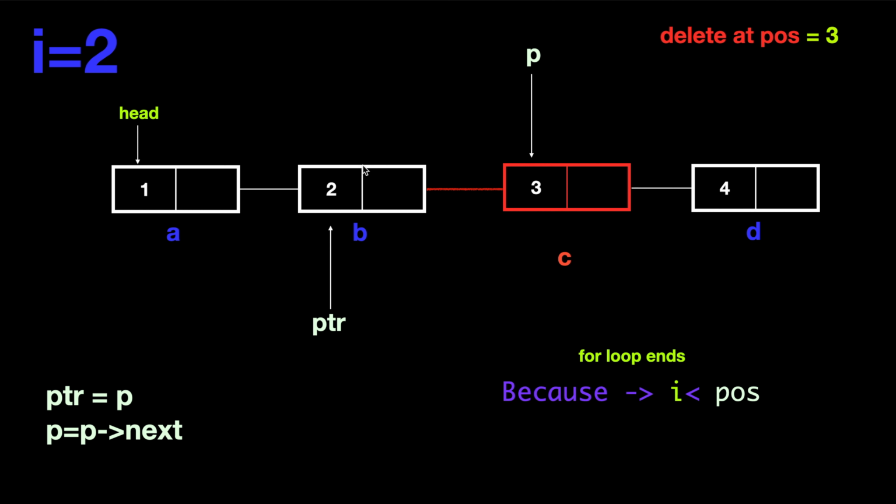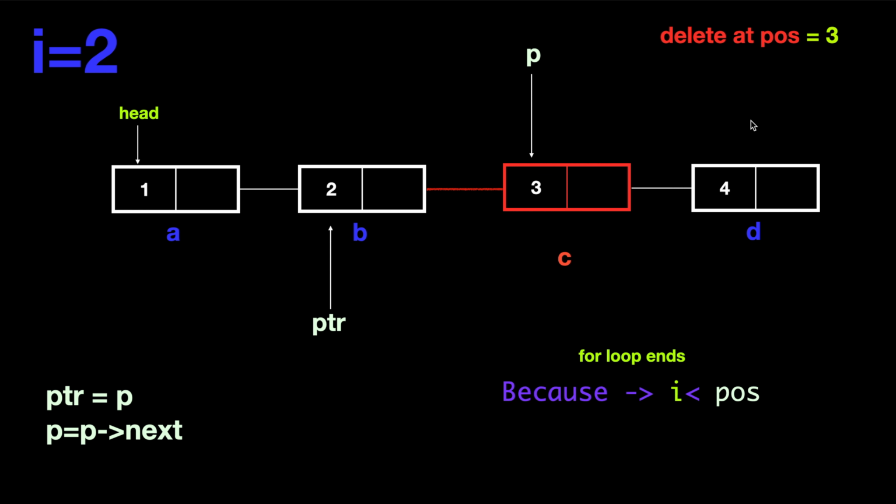So we want the next of ptr to be equal to d, and we know that next of p currently is equal to d. So what we'll do here is make the next of p equal to the next of ptr. So we'll skip this part here. It means that this node will be deleted. After completing the final step, we'll be left with 1, 2 and 4 with 3 deleted.